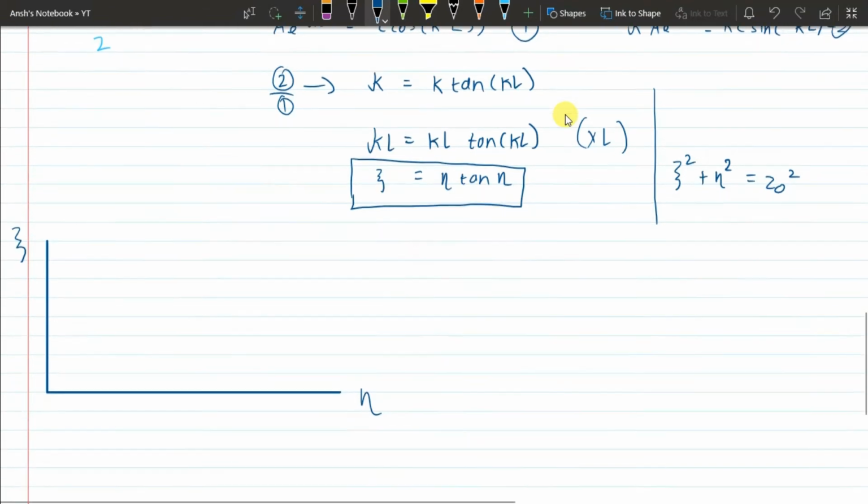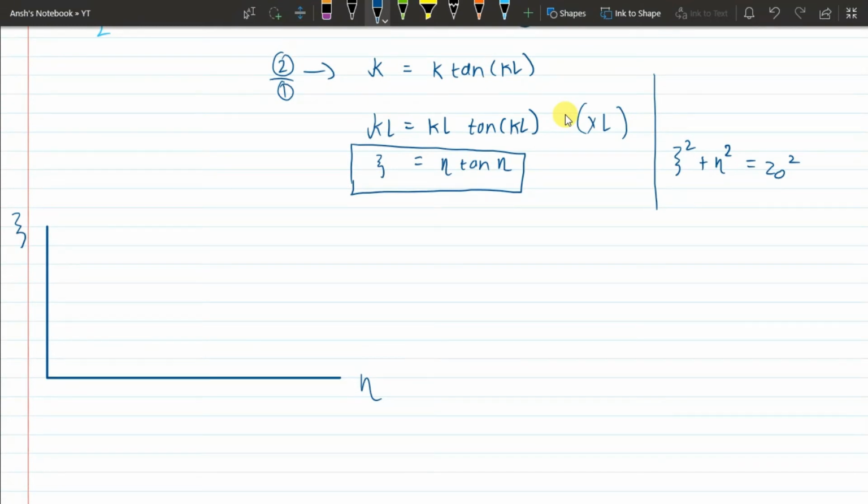So our solution for the first equation will be some sort of tangent, how the tangent solution looks like. But for the second relation that we have, this equation, if you can see, is of the form of y square plus x square equals r square. This equation is of a circle, and that is because z naught is a constant right here, which corresponds to the radius, and xi and eta are the axes right here.